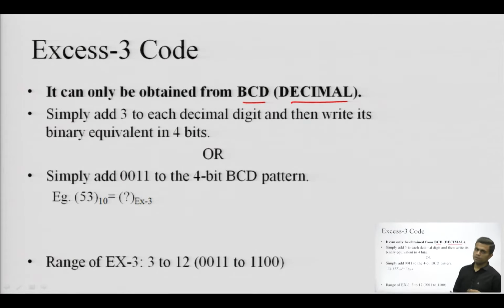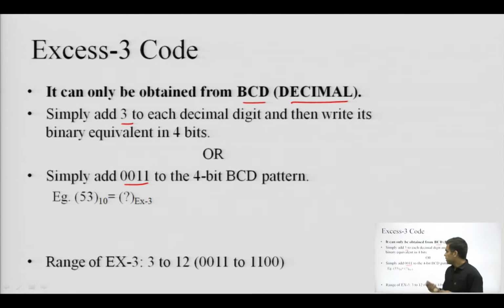So, there are 2 ways when we proceed from decimal to BCD. As the name suggests, excess-3, we have to add 3 to that number, whether we are taking into consideration the decimal number or the BCD number. When I am taking the decimal number, I will be adding 3, and when I am taking the BCD equivalent, then I will be adding the binary equivalent of 3, that means 0011. In both cases, the actual action performed is exactly the same, 3 or 0011, but their representation is different.